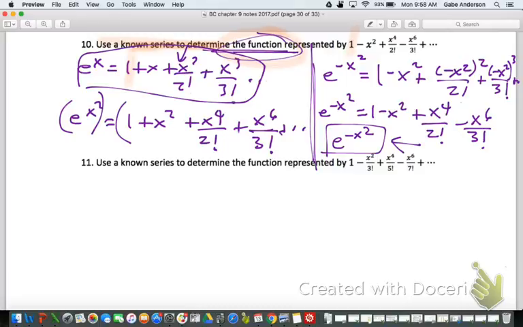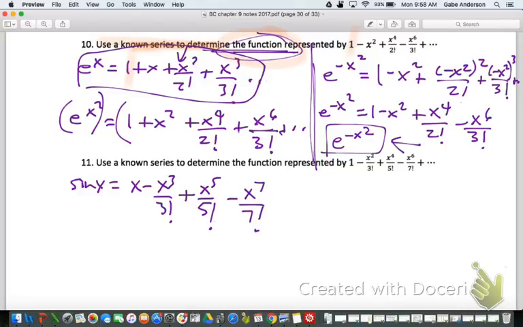Did you guys look at those factorials and determine the basic pattern? Sine, right? You got all the odd stuff going on. So maybe you'd think of this. You'd say sine of x is supposed to equal x minus x cubed over 3 factorial plus x to the 5th over 5 factorial